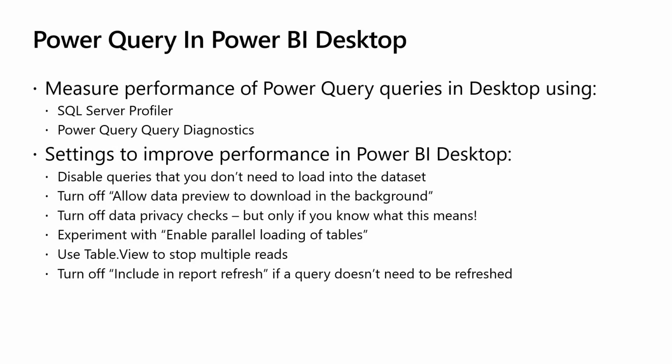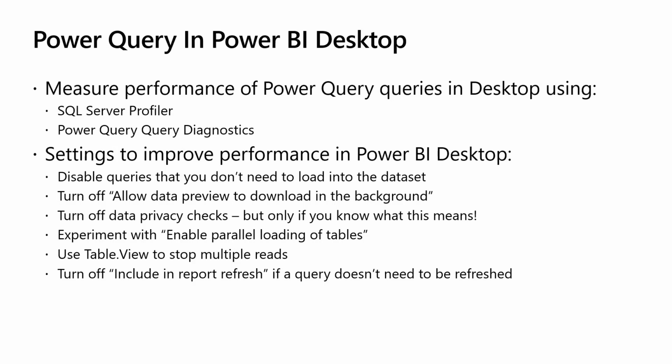Now, in a lot of cases, the Power Query engine can handle that quite efficiently, but in some cases it can't. And so when the Analysis Services engine says, well, just give me that table, but with only 0 rows, that means the Power Query engine has to run the entire query and get all of the data, then throw it away. Now, after that's happened, the Analysis Services engine says, well, now I've checked the schema, I'm going to go away and ask to get the full data, and that's going to be the second time that the query is refreshed. There isn't an easy way of stopping that happening, but there is a way,